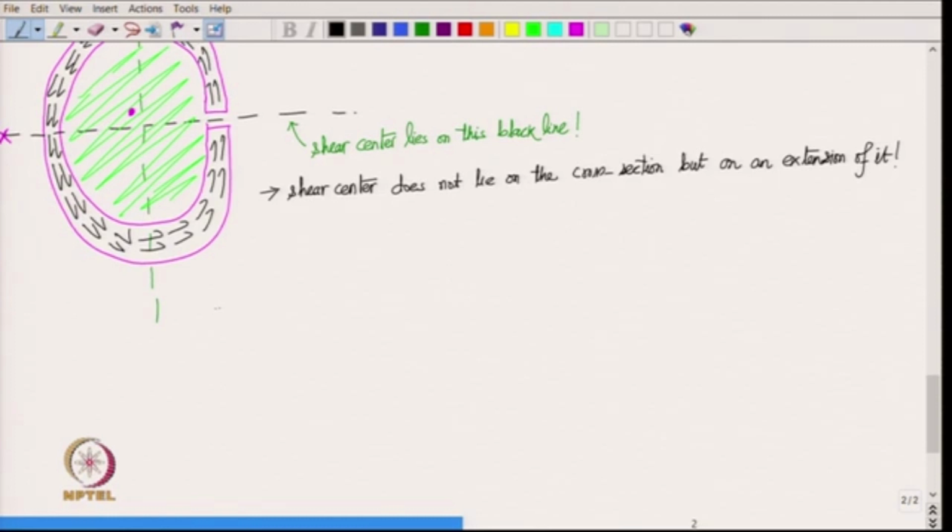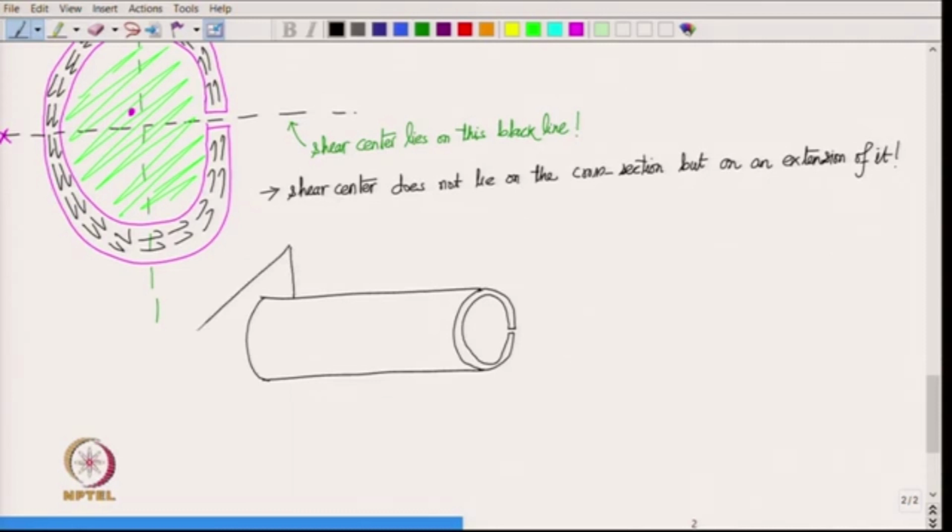So, let me just draw this beam. Which has got a cut. And if we clamp it on one side,